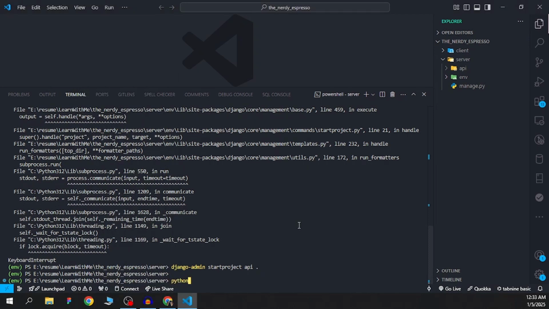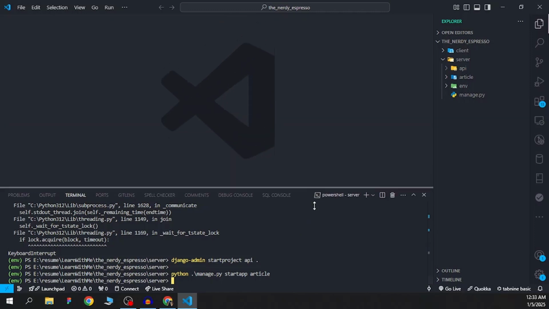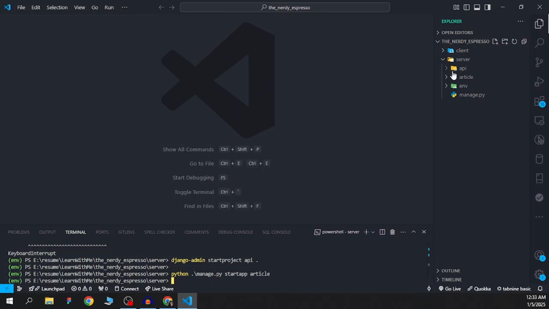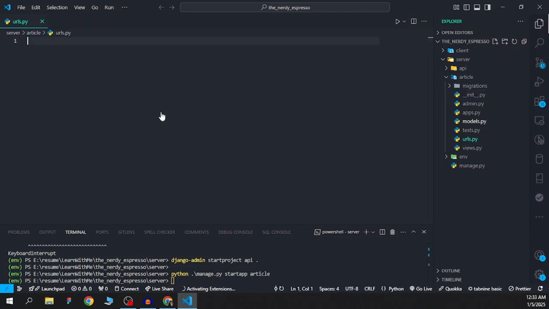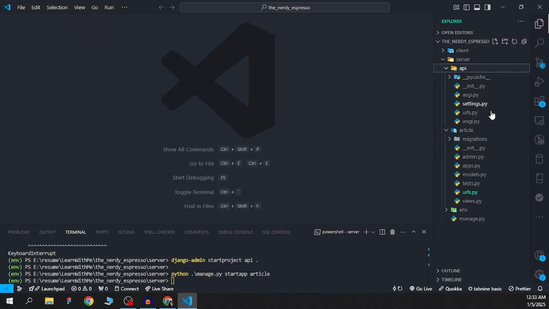Now I'm going to create an app: manage.py startapp. So what should I name it? Article, I guess. Now I should have the application folder and everything should be good to go for now. Okay, in the articles folder I need a new file called urls.py. It will handle our URLs at the app level, and to handle it we need to open the API folder,